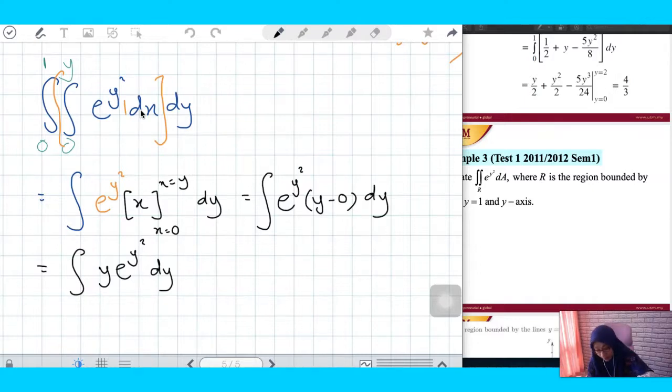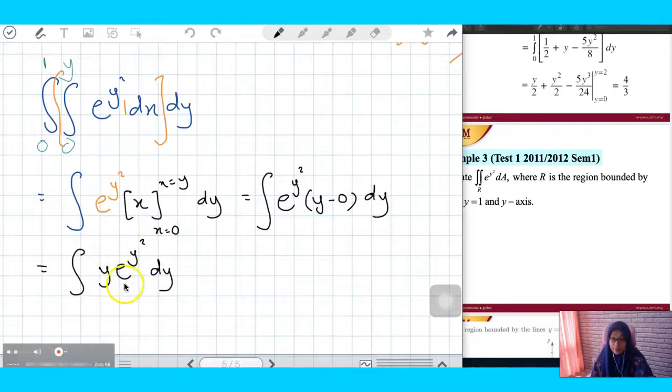Okay, so now they are all in terms of y. So you go to the next integration, which is all these terms need to be integrated with respect to y. Still there is the e^(y squared), but hopefully the y here can help you to reduce the complexity of the existing